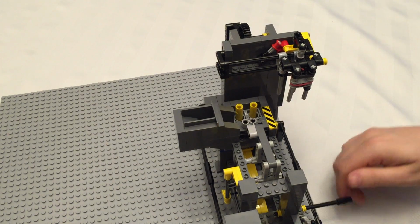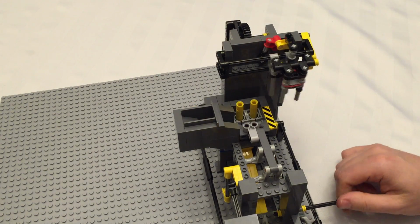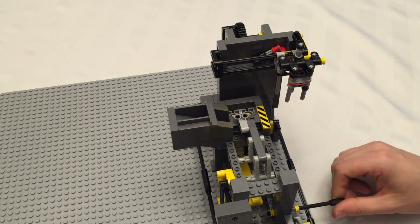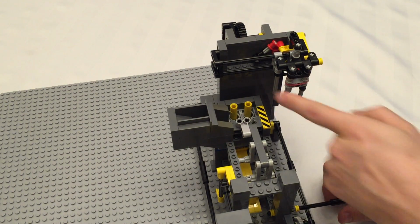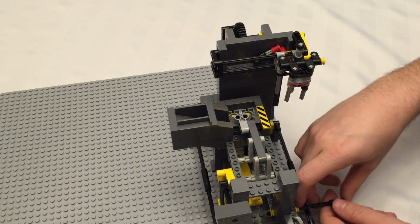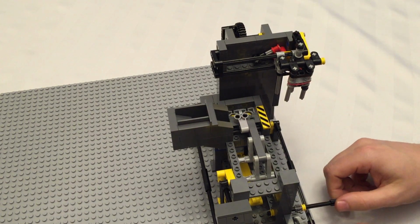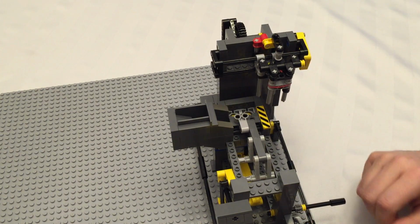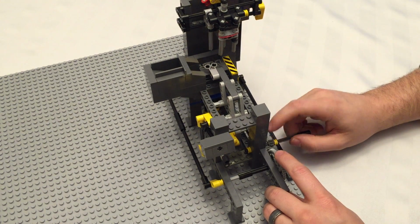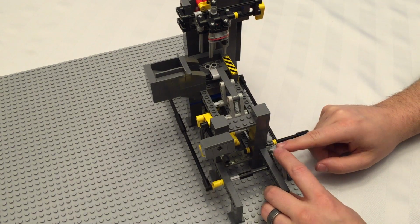Okay, one more thing to set up for timing. Obviously the lifter is not lifting at the right time. So turning the axle counterclockwise, we want our lifter to lift when this guy is right above. So what we'll do is we'll disengage the gear that connects the two sides together. We'll drive the main gear. So we've disconnected by sliding this bushing out of the way and this gear out of the way. We're going to drive this till it gets,